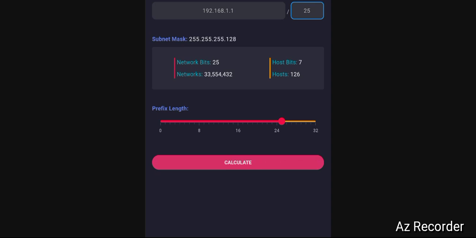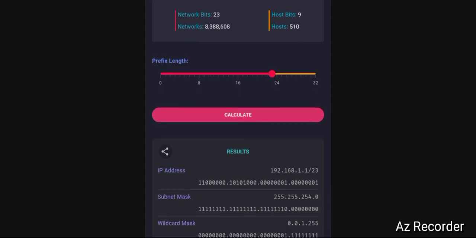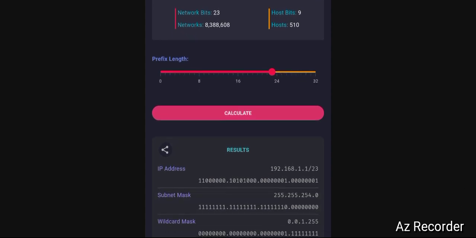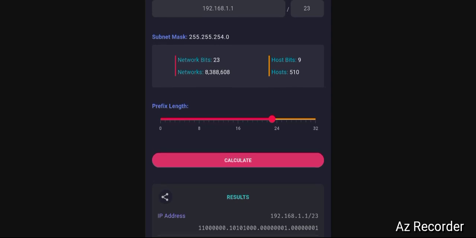It calculates automatically. Here network bits is 25 and host bits is 7, hosts 126. Here you can reduce the prefix length to 8, 16, 24, or 32. You can choose what you want. And if you click here to calculate, you will see your result down here.